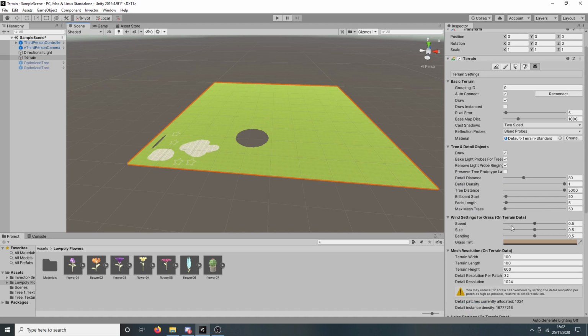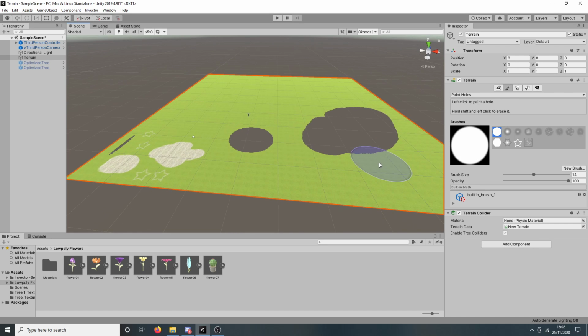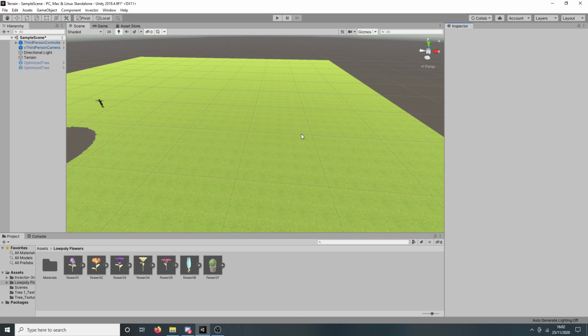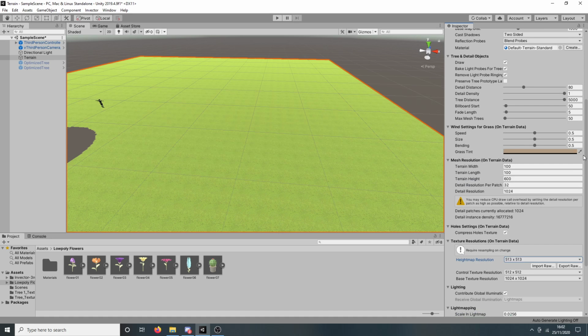Requires resampling on change. Well, I don't know what that means. But basically you can just change the size here. I'm not sure what it means by resampling. But that's basically everything about